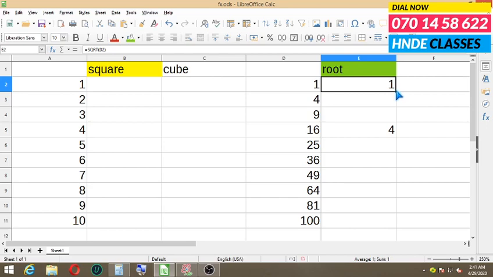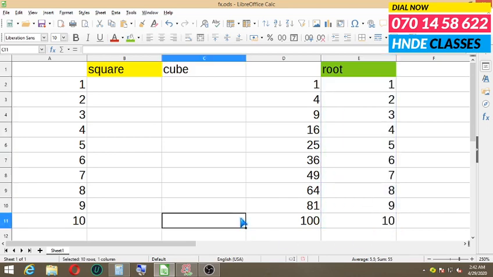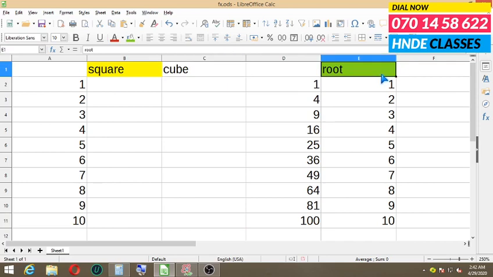I think you'll be happy with using LibreOffice, because it is very much straightforward and a simple open office software made available for you free of charge. So this is how we use the spreadsheet software available, maybe Excel, it may be LibreOffice Calc, to find the square, cube and the root.